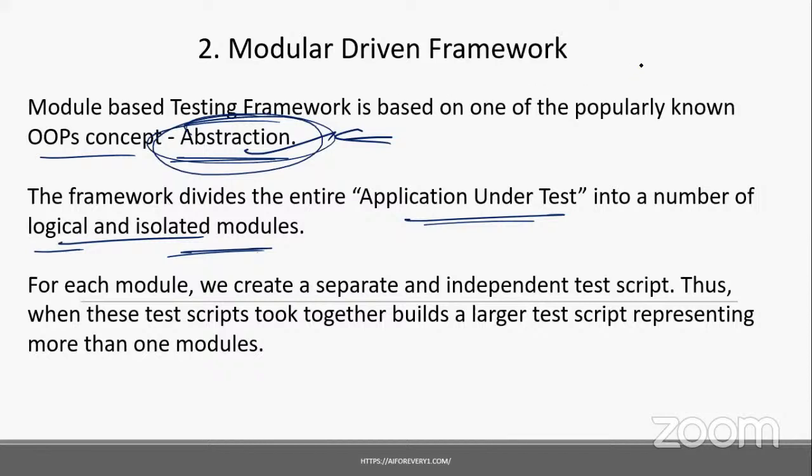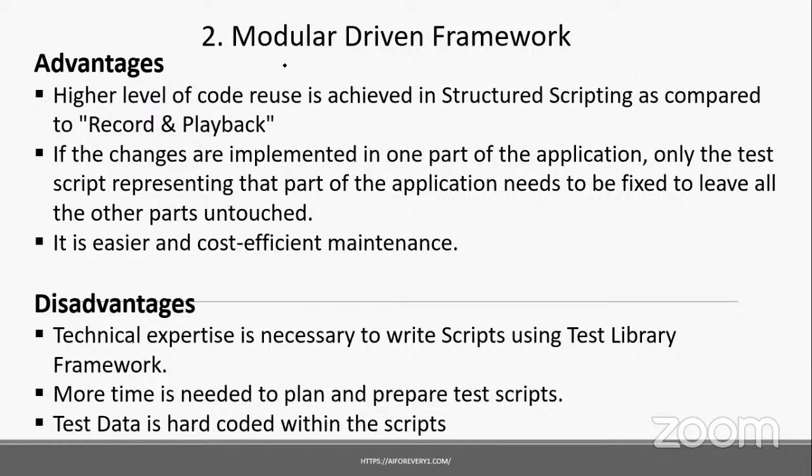In that abstraction, what we have seen is that we get a front end that uses the abstraction process. The code will be hidden in the backend. In the front, using the interface concept, we sequence the program, right? That is the modular framework. Okay, then what is an advantage?